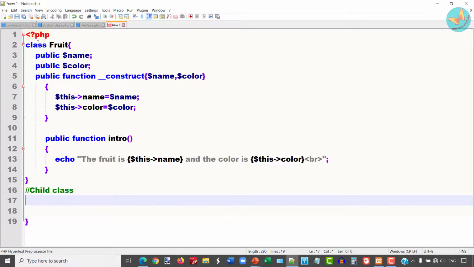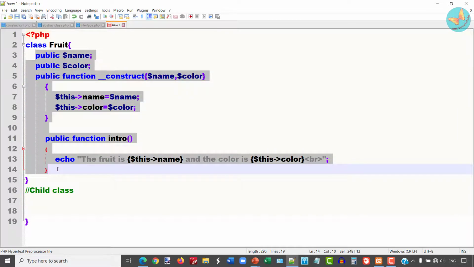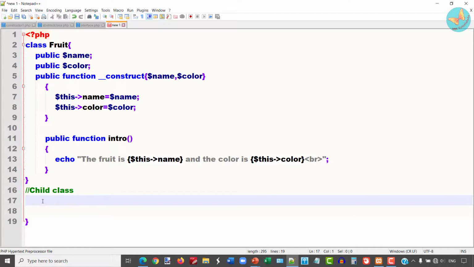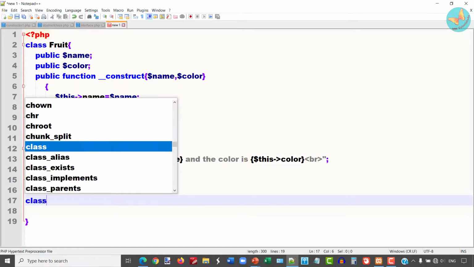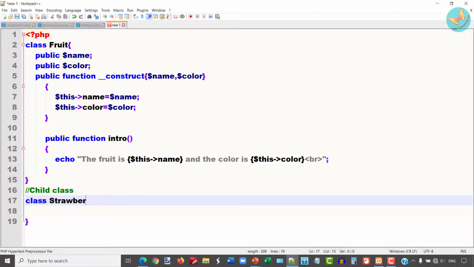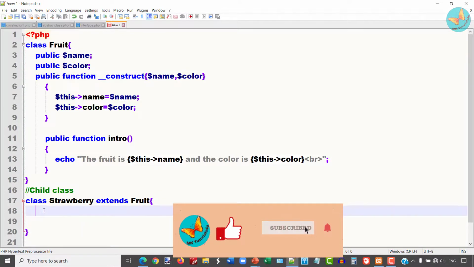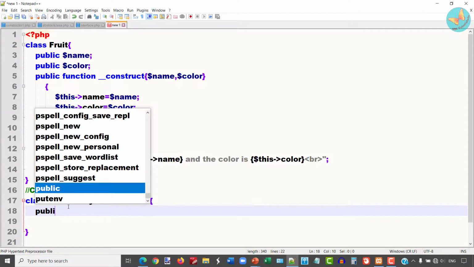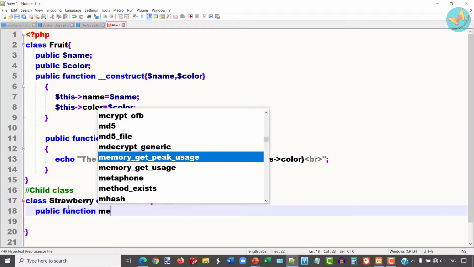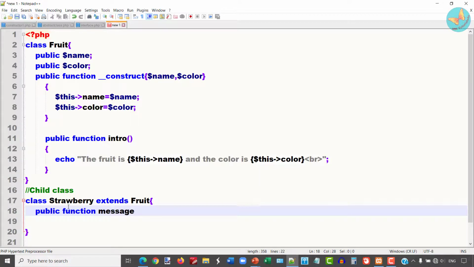Now remember, the strawberry class will inherit all these properties and methods from its parent class. So here I'll declare class strawberry and I'll use the keyword extends fruit. Within the body, since it has already inherited name and color, I'm going to declare one function called message.